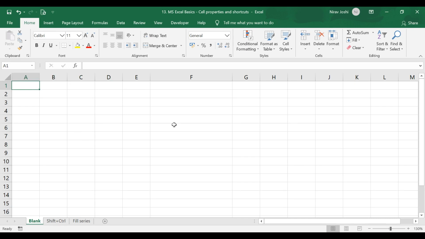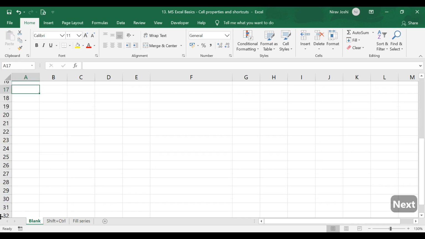Then we can use the Page Up and Page Down buttons to shift the page view. For that purpose we need to understand this is the whole view right now. Now if I want to go to the 17th row, that would be available in the next view page, I can press Page Down.